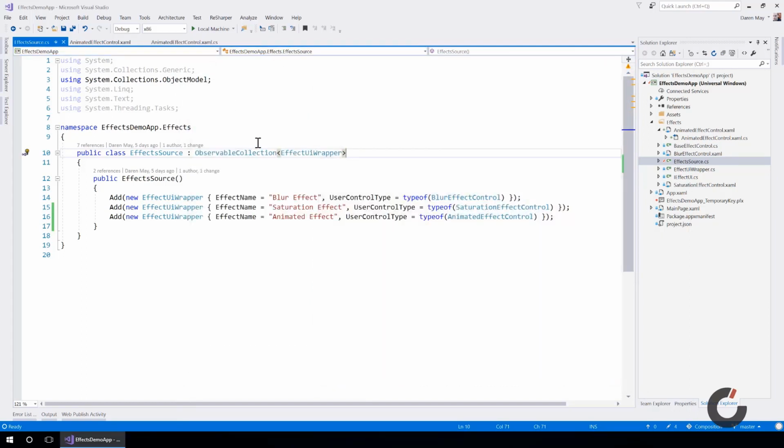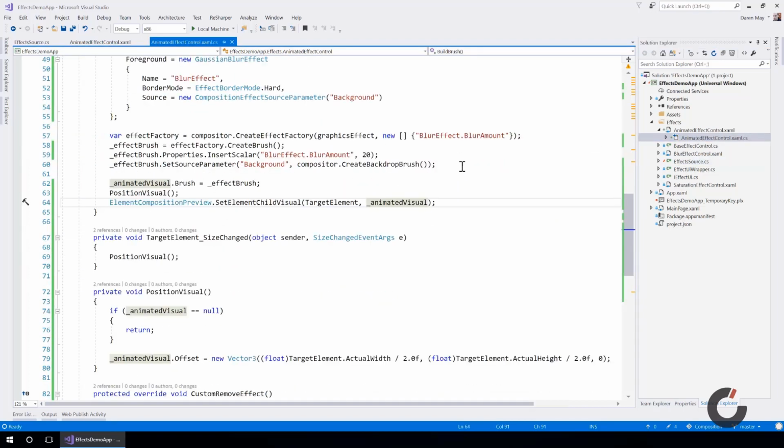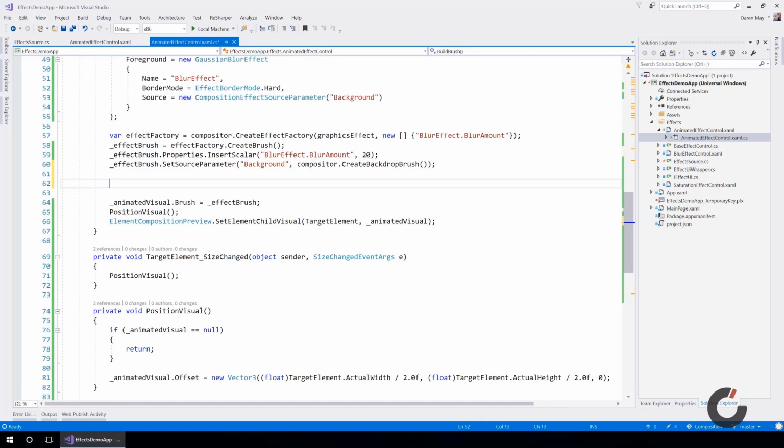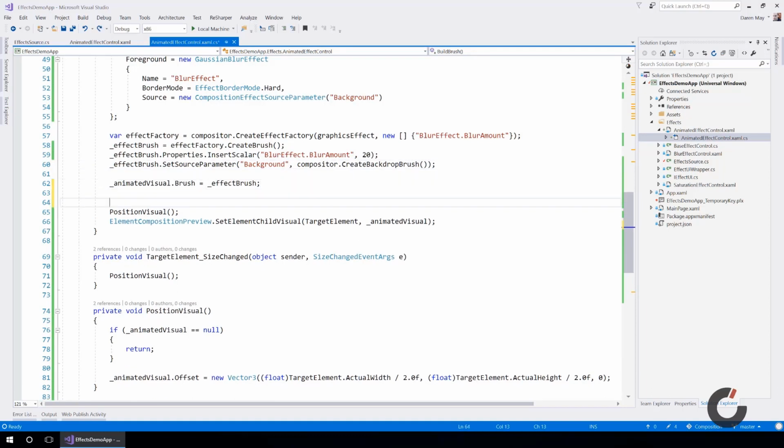Now let's look at starting to add some animation into here. So first of all, let's animate the visual, and let's do something like rotate the rectangle. Okay, so here is where we set up our visual and our brush. So let's add some animations beneath here. So let's start off by creating a rotation animation. So let's call it rotate